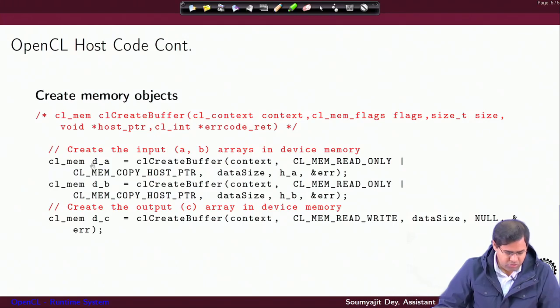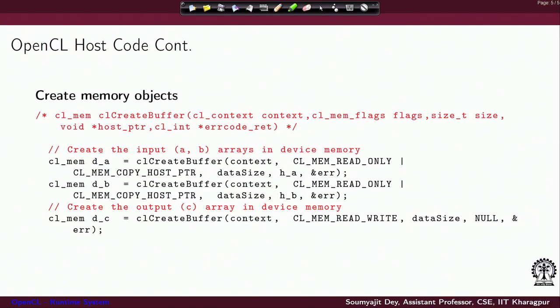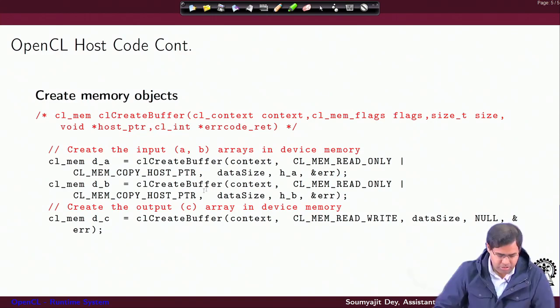With that you are creating these two OpenCL memory objects, DA and DB, using the clCreateBuffer command inside the context. The buffers are created inside the context, and they are usable by the devices in the context. You also create the output buffer, where the system would be writing the output.